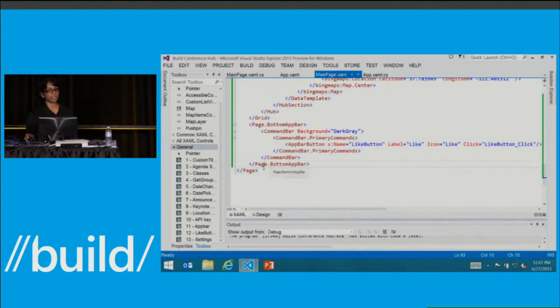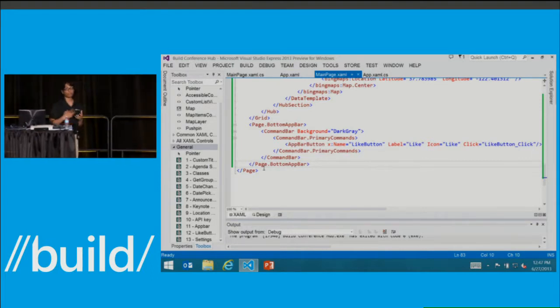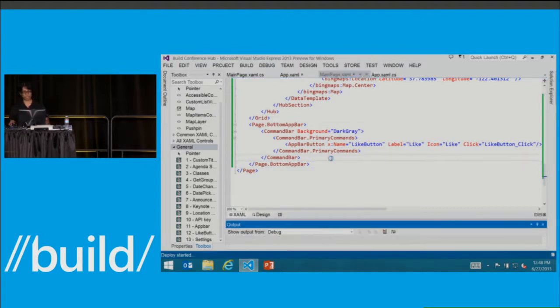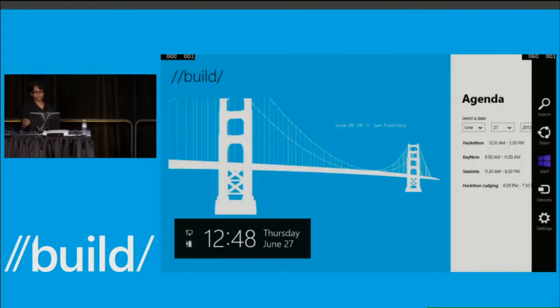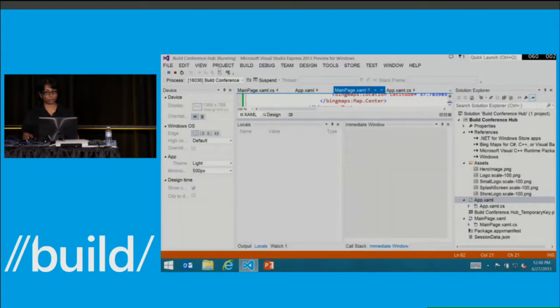There is one other thing that I want to add before we get finished with our app. It is the fact that in order to illustrate how to integrate with some of your Windows subsystem components, I'm going to create settings for this app in the context of this app that is going to actually appear in our settings flyout. So currently, when we run this app and I actually invoke settings, you're going to see that there's a standard settings of permissions, and that's about it. You can actually create new settings in the context of your app and populate it inside of this command bar over here. So the way to do it would be,